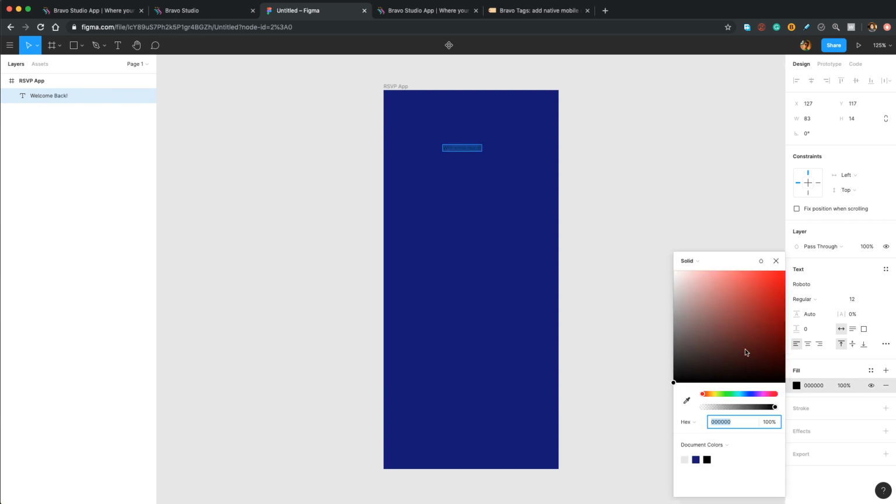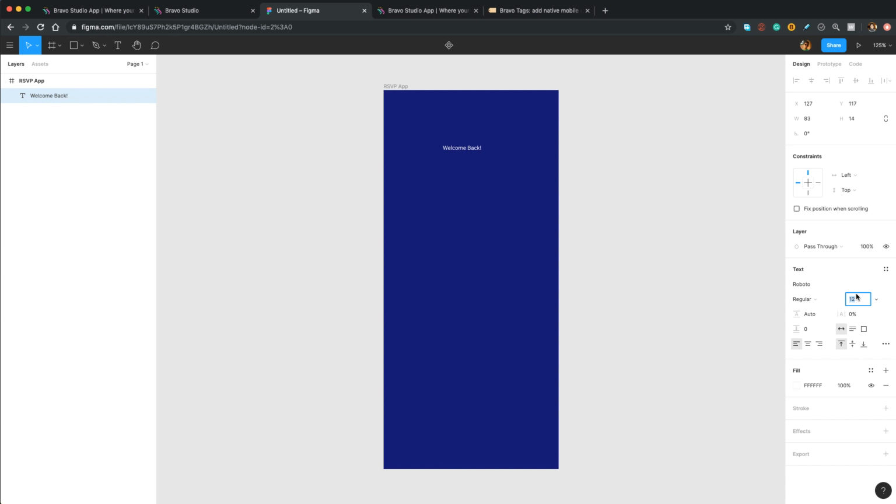I'm gonna change its color to white. And let's make it larger. So I'm gonna set the font size to 60 points, pretty good. And let me decrease the width of this text layer. I think if I decrease the font size would be better. 40 is pretty good. Its top padding is going to be 90 and its left padding is going to be